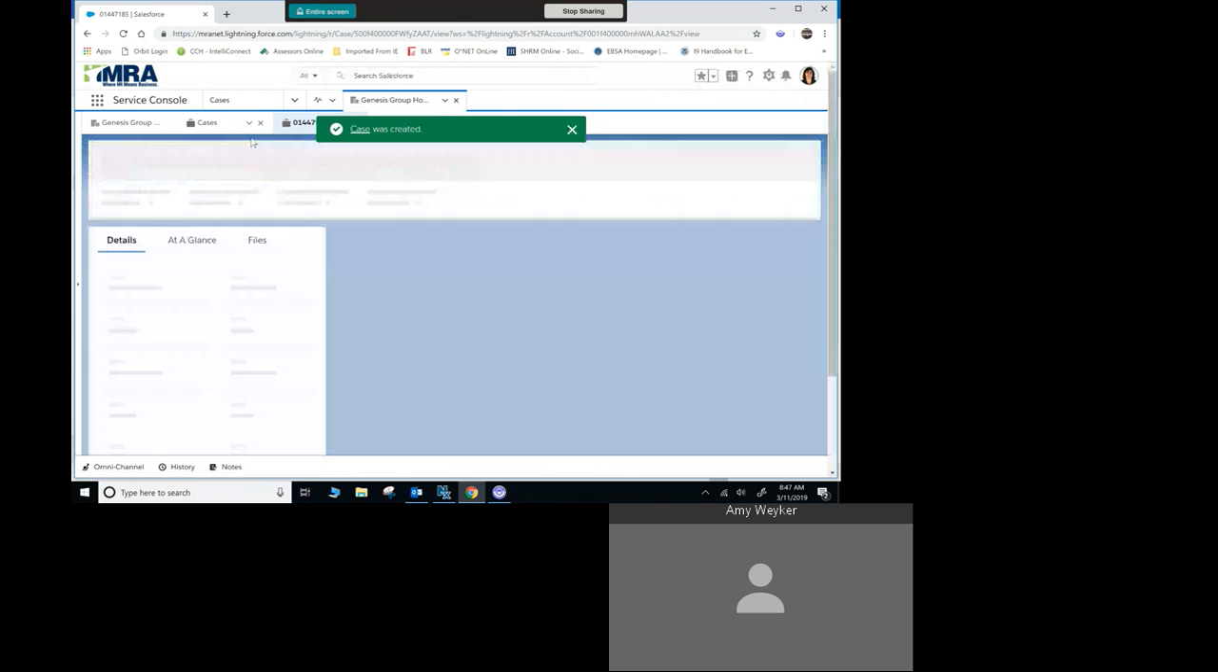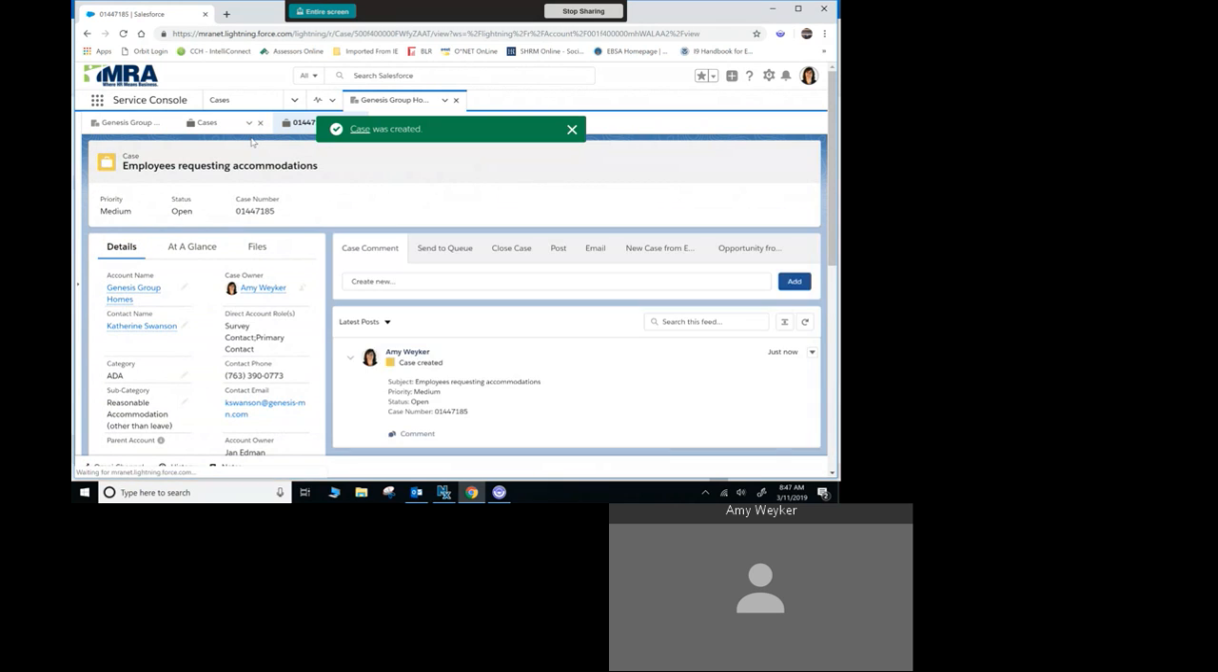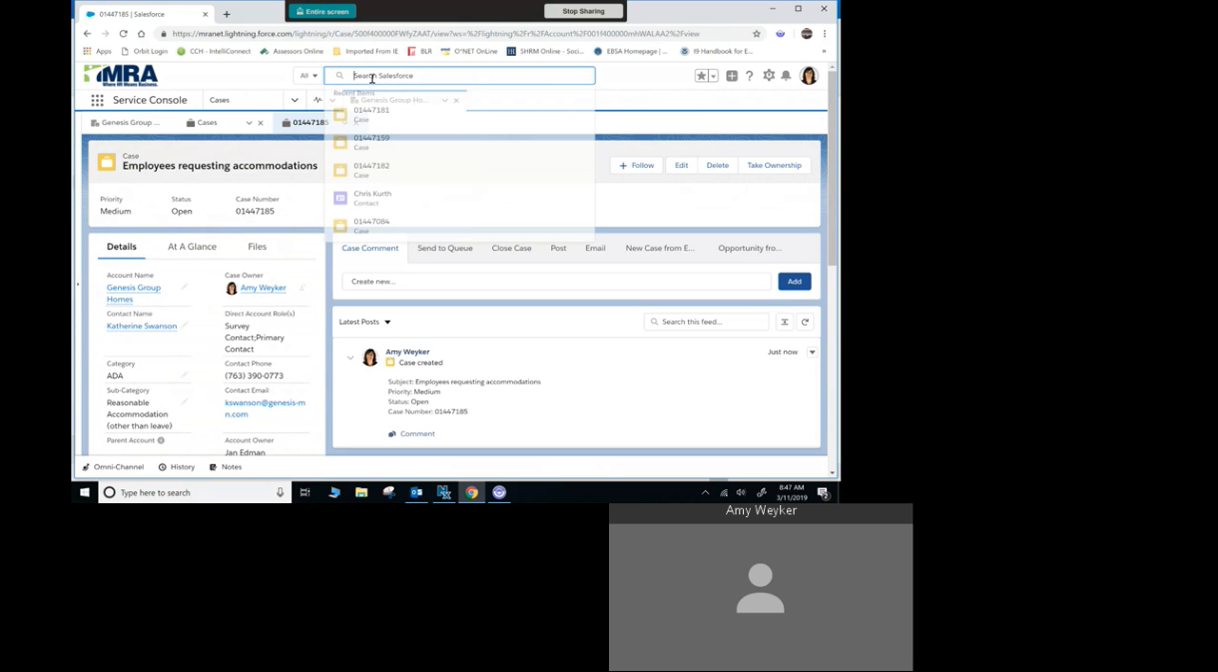So again, there's always different ways to create cases, but we really want to stress that it's important that we're choosing the right accounts and the right contacts when we're entering a case. So often when you're entering a new case from a phone call, it's easiest, I found, to search in the search bar for the account name or the contact,